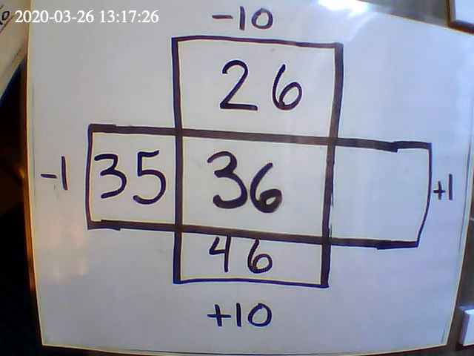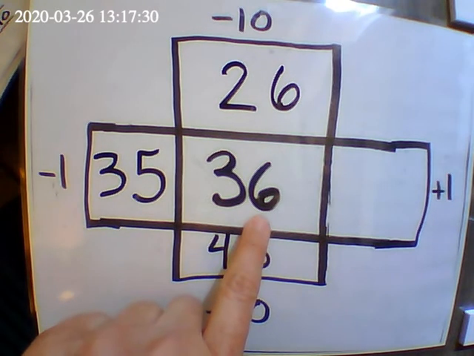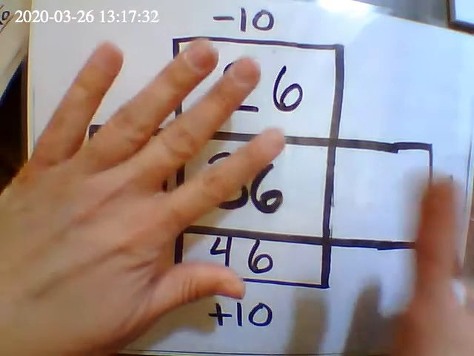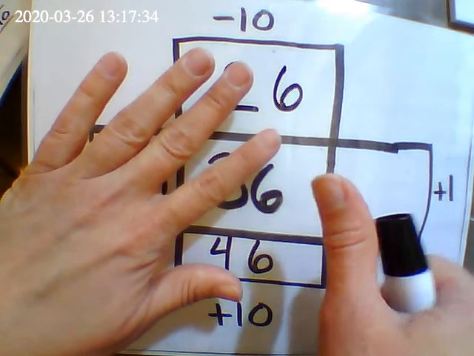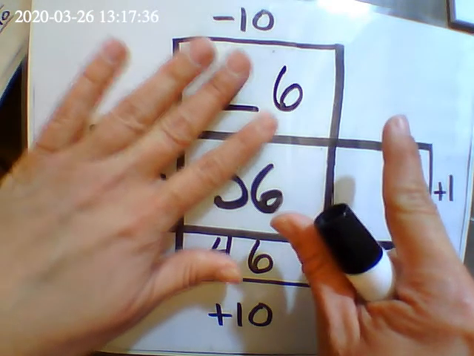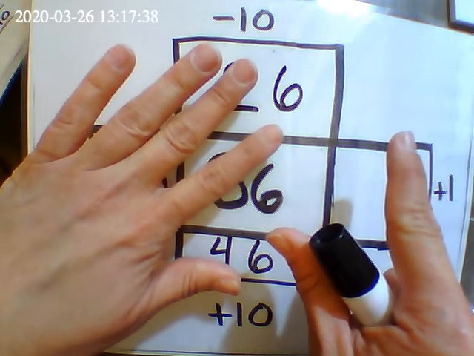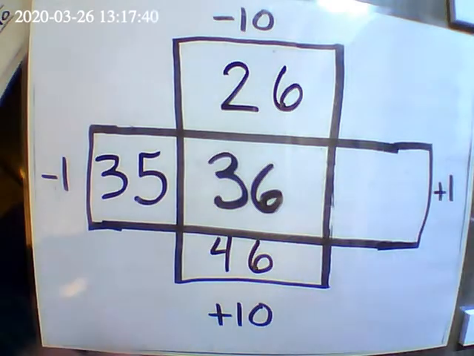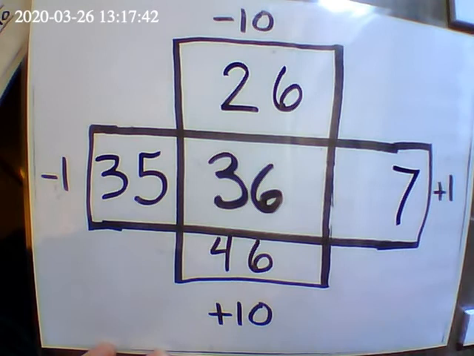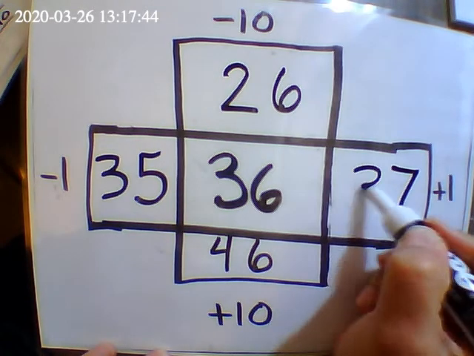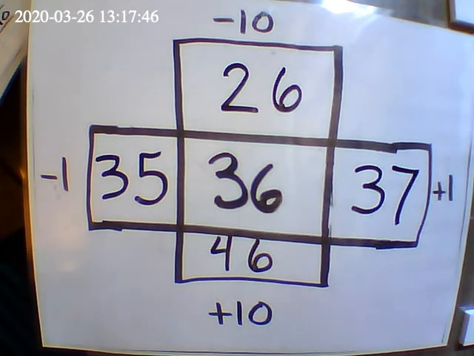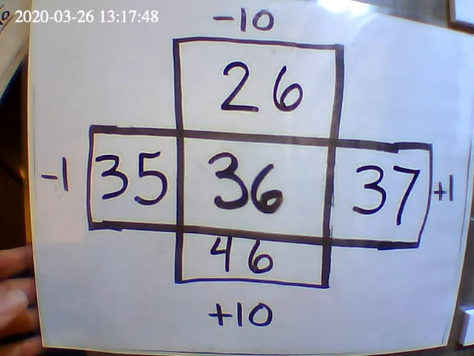Now we have 36 plus 1. So like we said before, in 36 we had 6 ones. So I have my 6 ones. And now I'm going to add another 1. So now I have how many ones? 7 ones. So I could put the 7, and then the 10 stays the same. Moving on to our next chart,